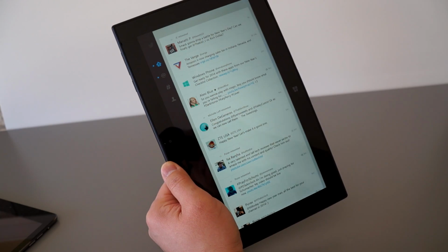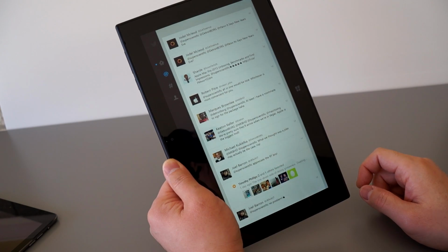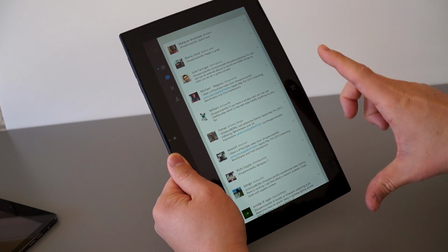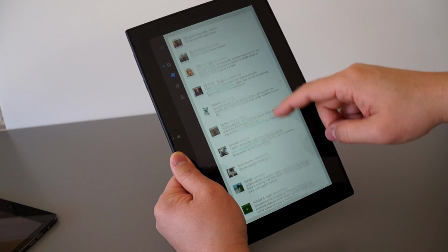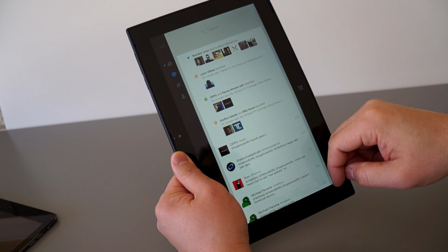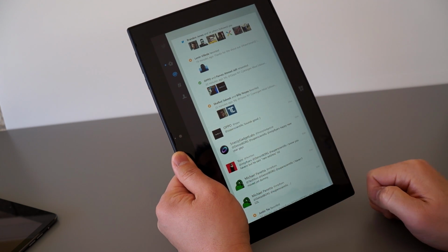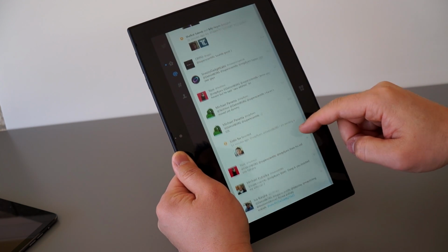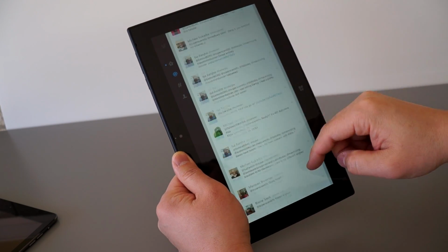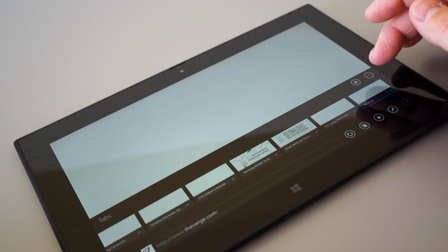But the one thing I think people might find a little funny is holding it in the portrait orientation, and some people might find it too tall for them, but I actually did not mind this extra space on here, especially when I was reading my Twitter timeline or catching up on an article. I didn't mind it. So if you're coming from something like an iPad, then you might find this a little awkward, but if you're coming from something like a Nexus 10, then I don't think it'll be that bad of a transition whatsoever. But if you end up getting fatigued, you can always lay it flat on a table,